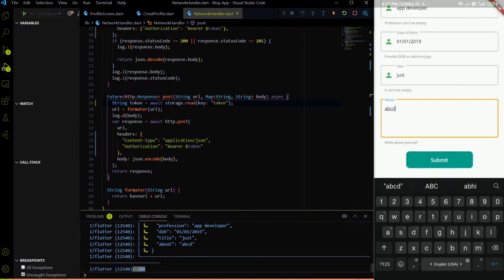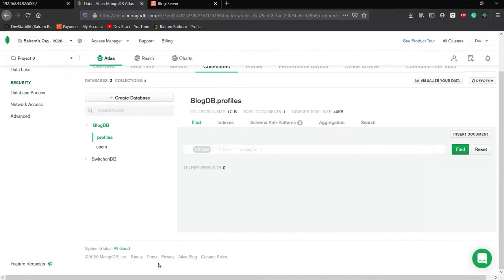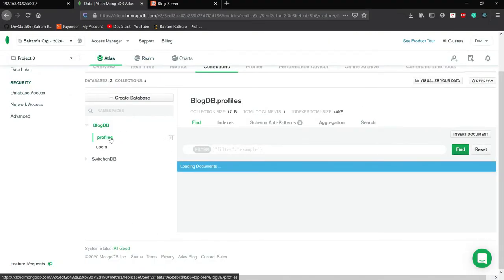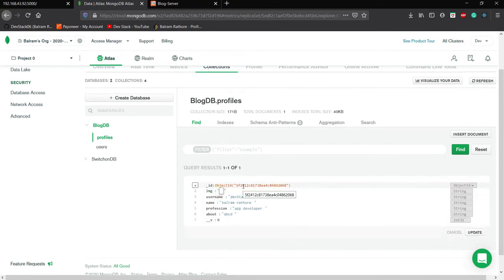Let me go on to the Atlas and see whether profile data came here or not. So it will load, and let's see that our data is available here. We don't have an image right now because we didn't call the image REST API endpoint.